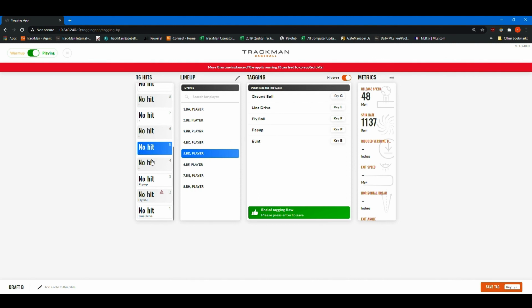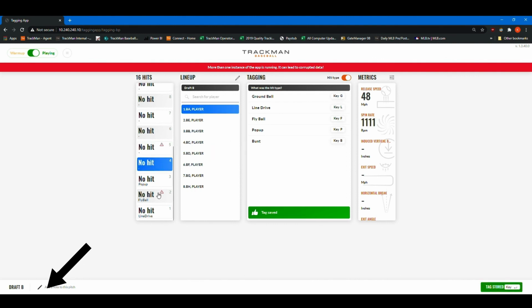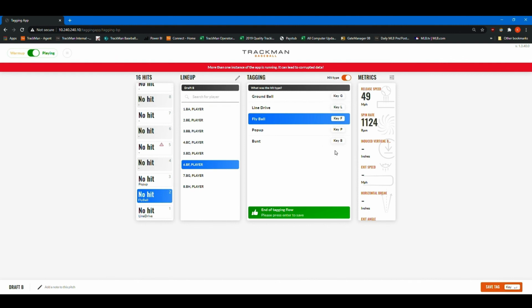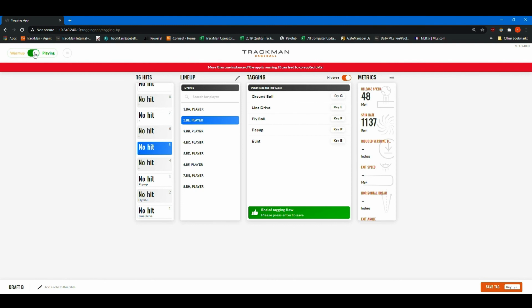If you'd like to leave a note, you can use the bottom left-hand function where it says add a note to this pitch. You will want to go ahead and type in this box and select Store Tag. It'll then save that pitch. Once you're finished, you could go ahead and go from playing to warm-up. You could then go ahead and end the game and it will take you to the